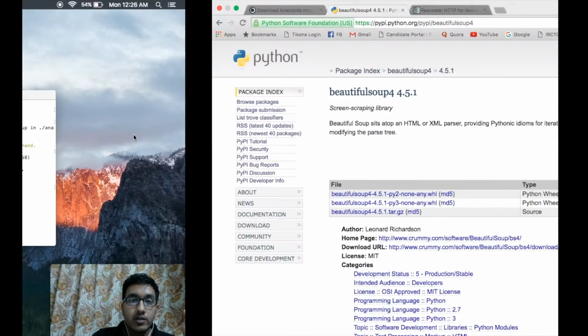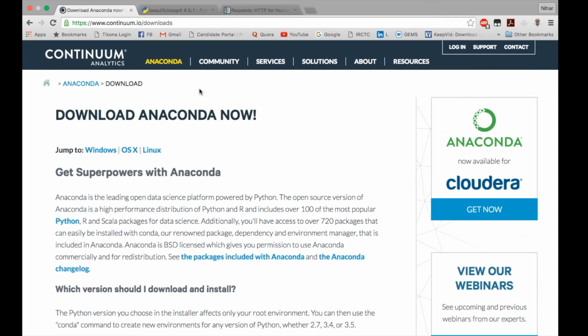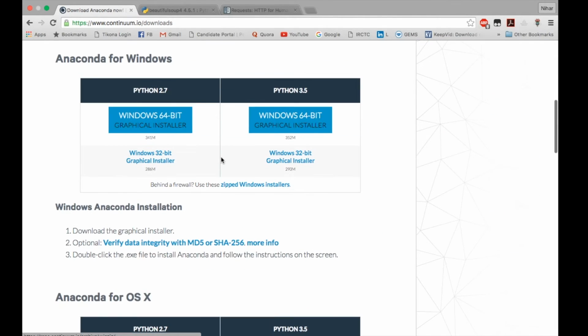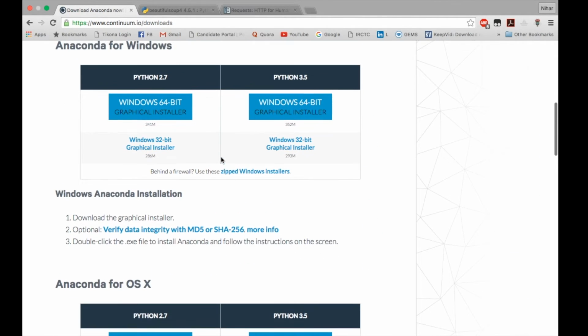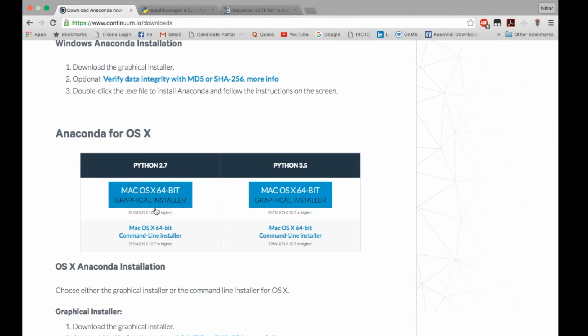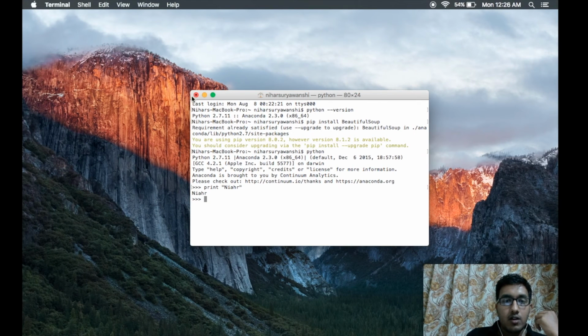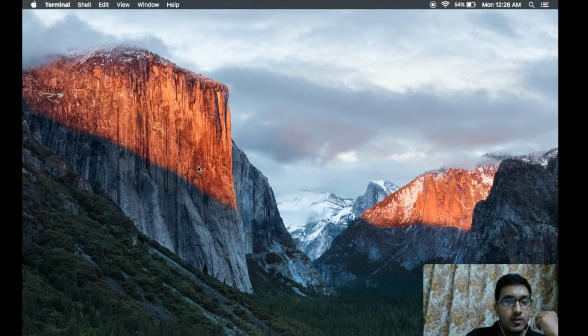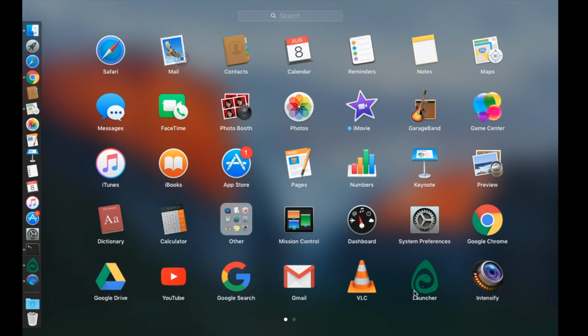To get Anaconda, you can just type Anaconda framework and you'll come to this site. Just select whatever operating system you want, for Windows or OS X, and for Python, again Python 2.7 or Python 3.5, and then you can install it from here. After installation, you'll have a very nice GUI with a lot of options. Once the Anaconda framework is installed, there is a thing called the launcher. When you launch it from here,